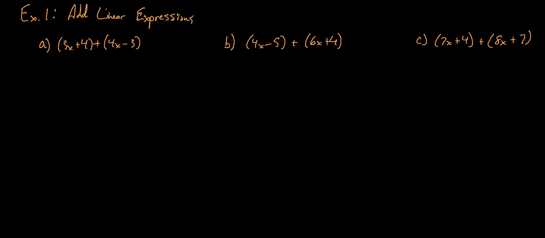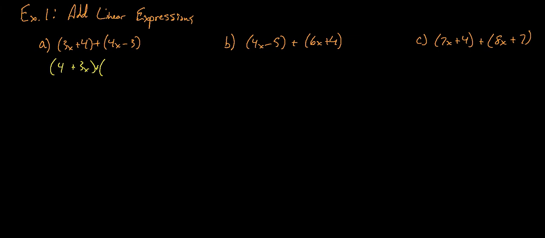So with this first problem, we're given 3x plus 4 plus 4x minus 3. I'm going to rearrange this so it's in the order that we can use the associative and commutative properties effectively. First off, I'm going to rewrite what's in the parentheses in a different order. Since I'm switching the order, I'm using the commutative property of addition. I'm changing this to 4 plus 3x, and again, that's still